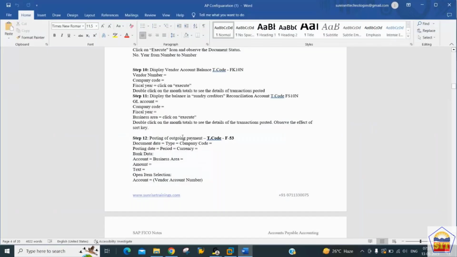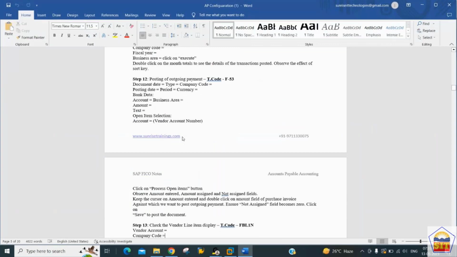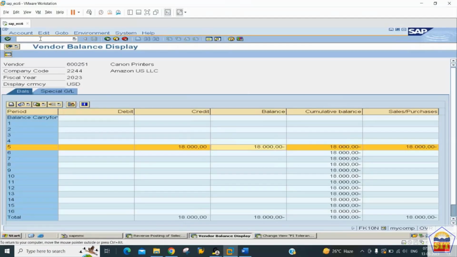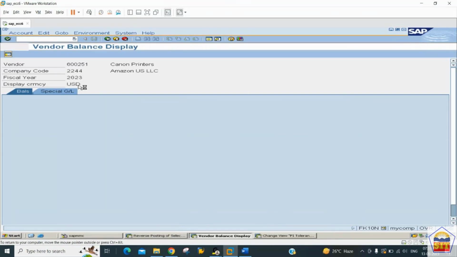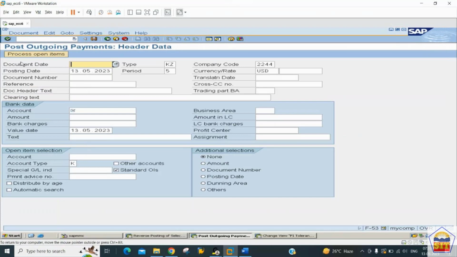It is saying that let's do the payment. So this time we are doing the outgoing payment to the vendor. Step number 12, let's have here the payment F-53. So you can just see this is the outgoing payment, and for this outgoing payment which document type we want to use, KZ, and what is the rate? Latest today's rate,